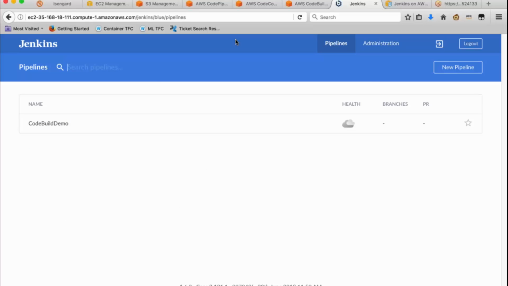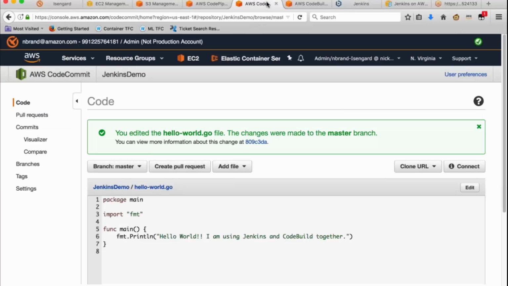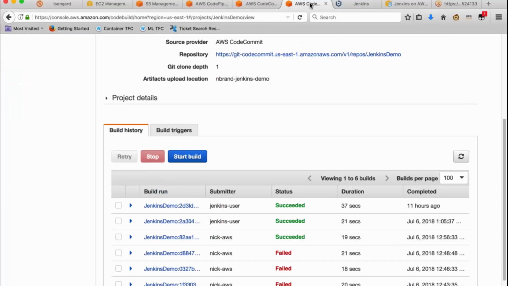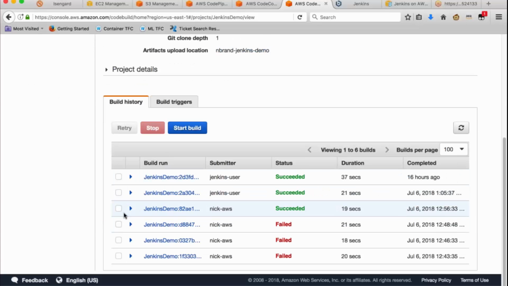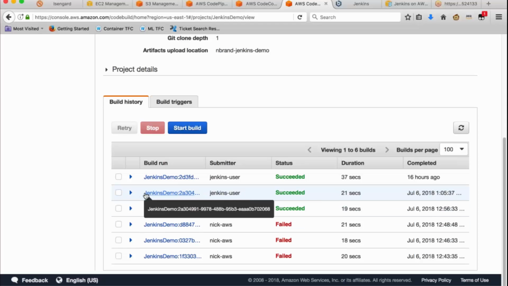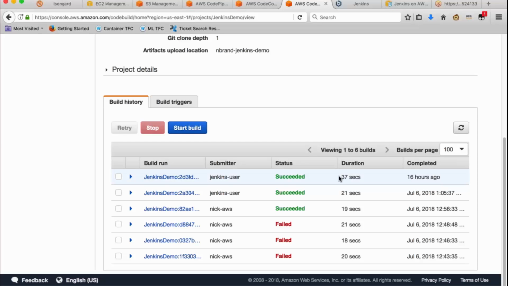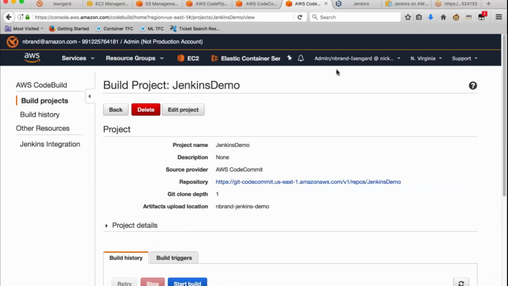Here, and I'm going to go into Code Build. Okay, so this is the Code Build pipeline, and you can see that I actually have many projects here. As I mentioned earlier, there were 20 some odd builds, and I have a history of the last few. The last one I did yesterday, and the build actually only took 30 seconds, 20, 30, 40 seconds at most. So when we go back up here,